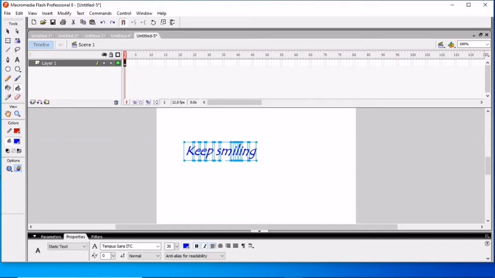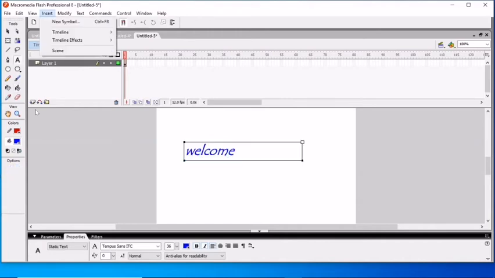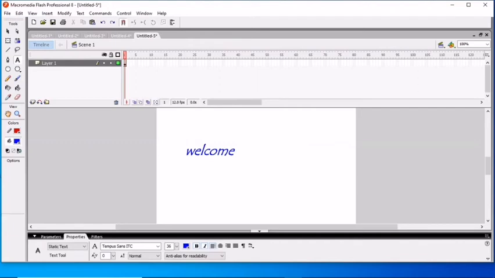Now next we want animated text with timeline effects. For this, again I write a text here. You can see I write welcome, and you can change the color, its font size, all this. After this I want animation, so go to the Insert tab, and in the Insert tab you can see Timeline, and after this Timeline Effects.